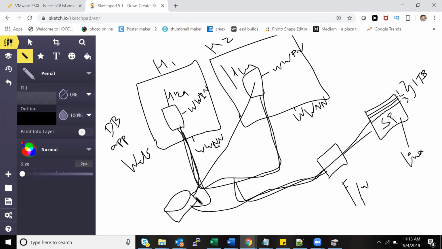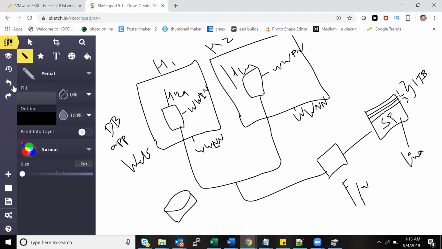But you said we are creating the data store for the particular host, right? So don't think about Windows as of now. Forget about it. I'm talking about data store only. When you're creating the data store, you are creating it for this particular host. Yes, but you're creating it on the LUN. You're creating it on the LUN that is presented.